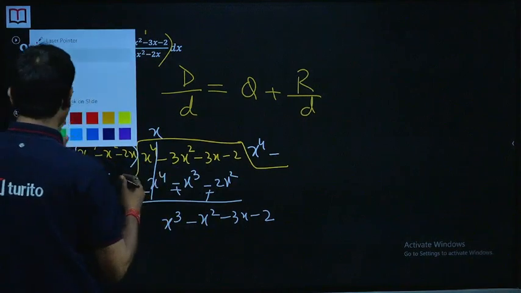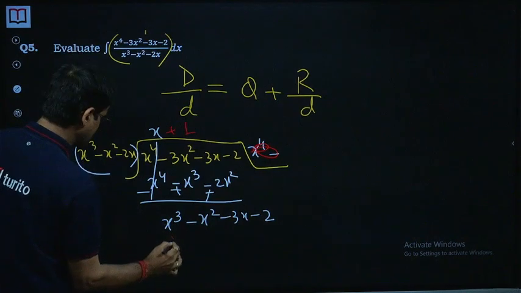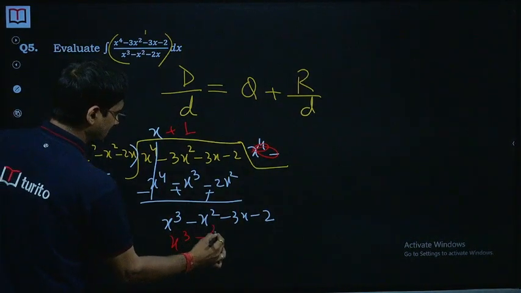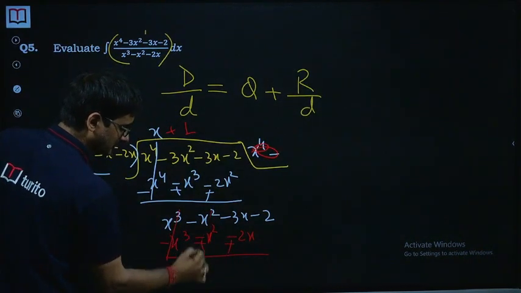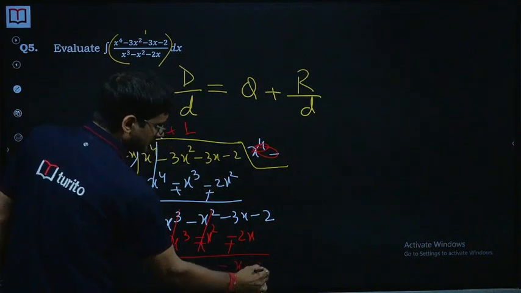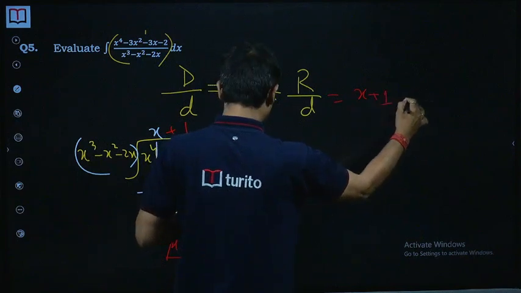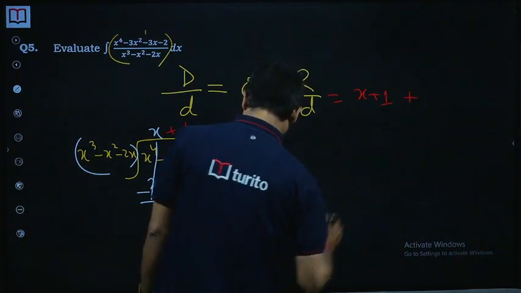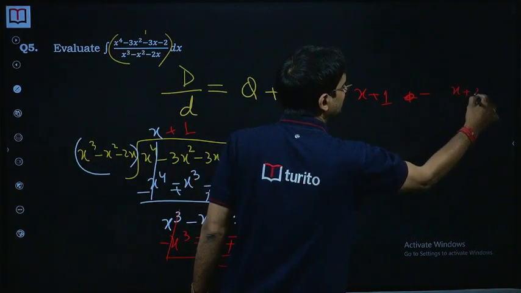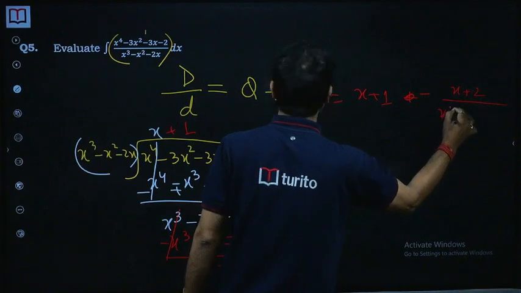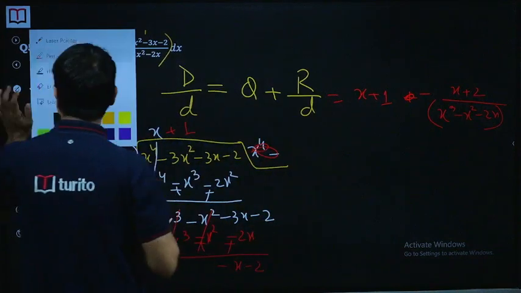So again it will be just plus 1 here. So x cube minus x square minus 2x, and that's it. So minus plus gone, and that's minus x minus 2, done. So the quotient is x plus 1, and the remainder is minus x minus 2, I believe. So minus, common, x plus 2 upon the divisor, which is x cube minus x square minus 2x. That's it. Okay, now see,